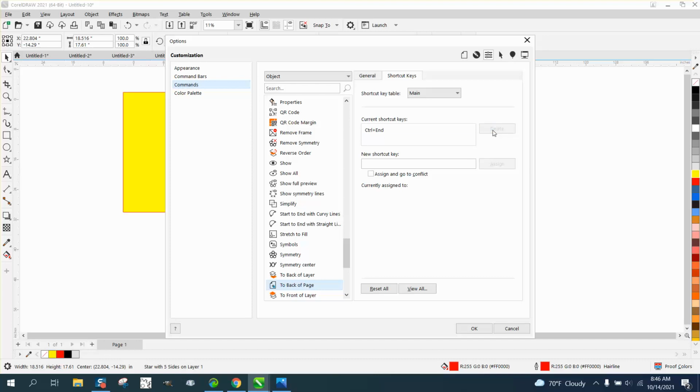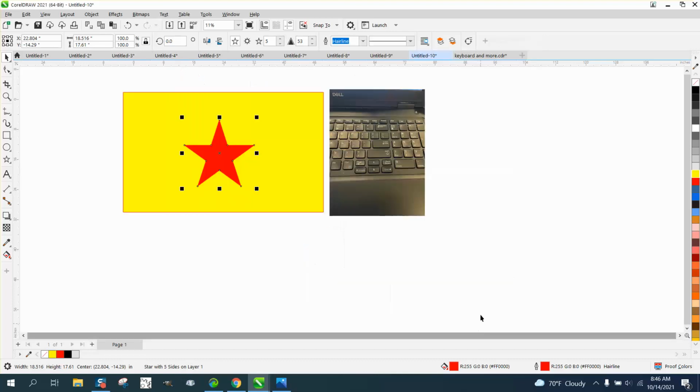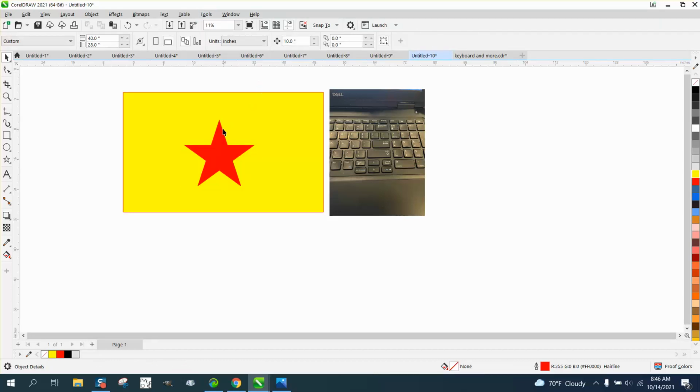Let's just delete that real quick. So to make it, I just picked a letter that's not being used. And so I picked Q and I hit Assign and I hit OK. And then if I want to keep that, I'd go to Tools, Save as Default. But now,